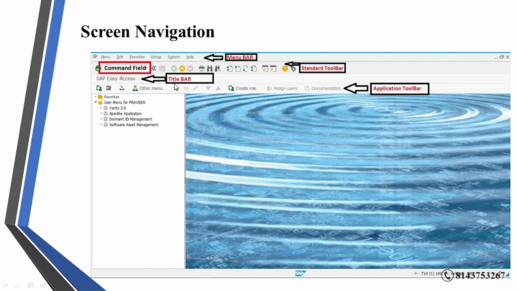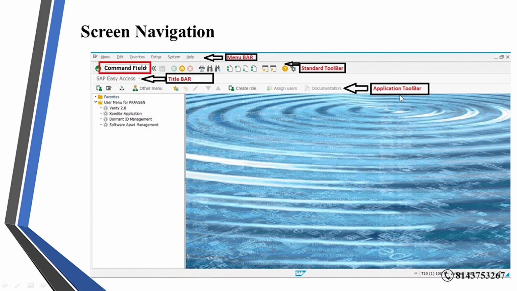Here we get the title bar, which shows the title of the current object. This menu and standard toolbar will differ depending on the object you are dealing with. Next, this is the SAP Access screen, the initial screen.